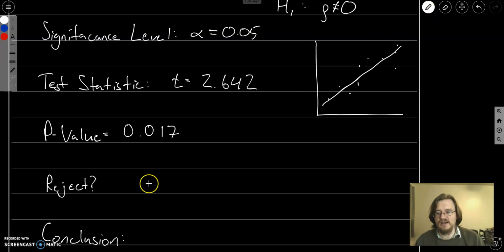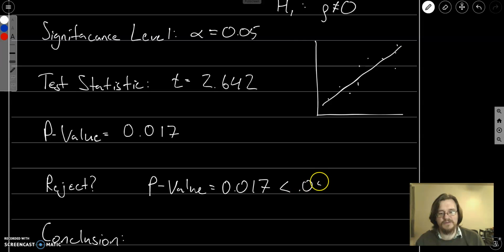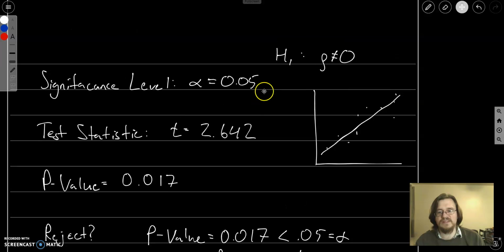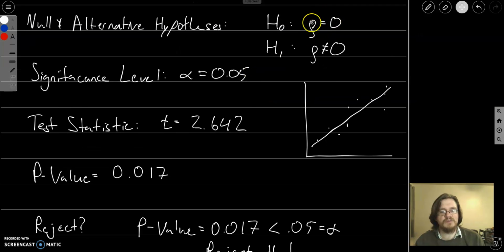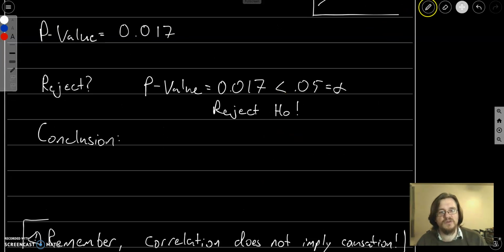And since the p-value, which is equal to 0.017, is less than alpha, we reject. So what did H0 represent? H0 represented our linear coefficient being 0, meaning that there is no linear correlation. We reject that. So we get to conclude